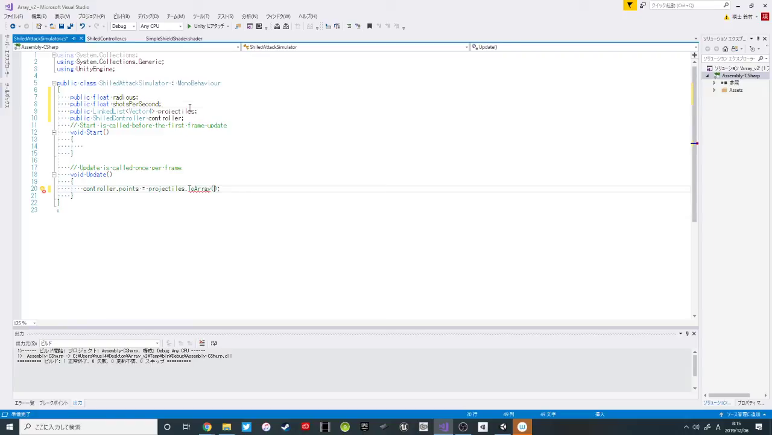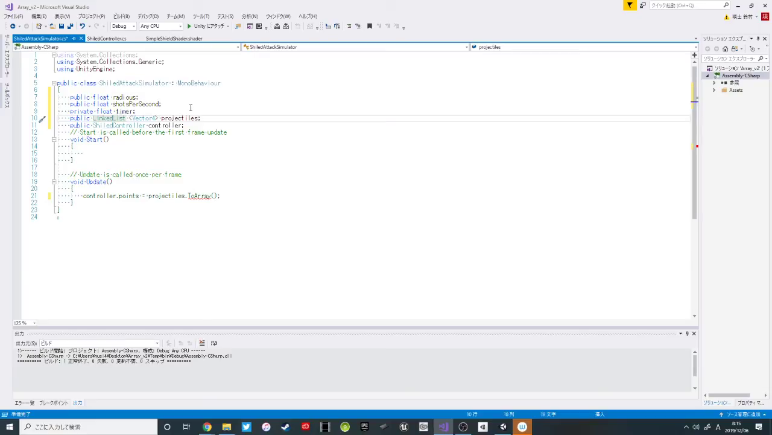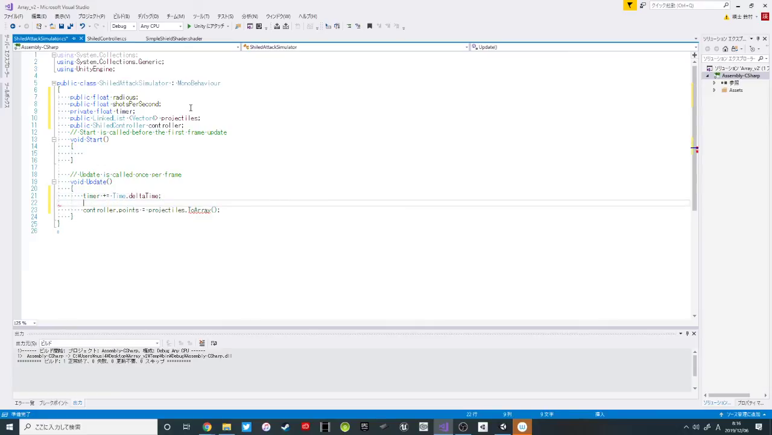Timer plus equals the time delta time, and then I'm actually going to do a while here, because if we're firing a lot of shots and they have a really short duration, it's possible at a slow frame rate for multiple shots to occur in a single frame, and so we'd never actually catch up, we'd just be behind. So if we do while timer is greater than the shots per second, or not shots per second,